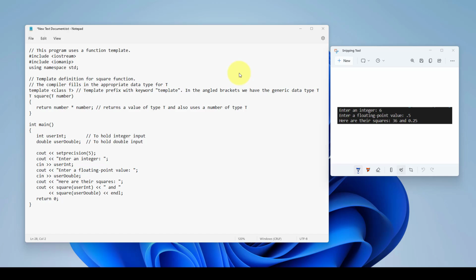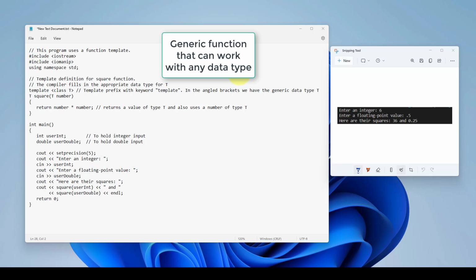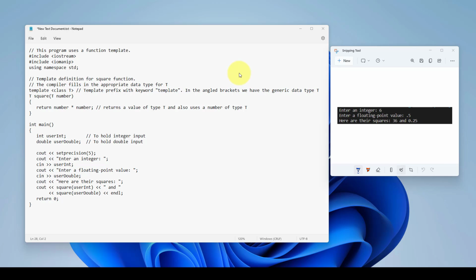Okay, let's take a look at C++ and function templates. So a function template is a generic function that can work with any data type. The programmer writes the specification of the function but substitutes parameters for data types. So when the compiler encounters a call to the function, it generates code to handle specific data types used in